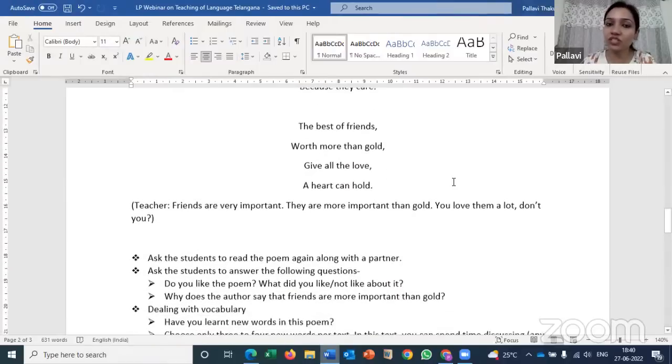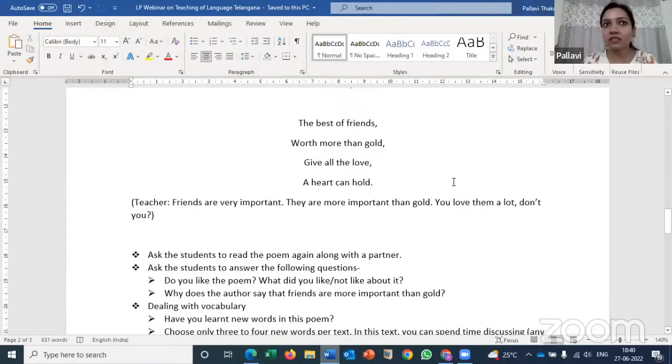And then once you finish, I suggest that you divide your class into pairs and ask them to read the poem again by themselves. So students sit in pairs and they're reading. In case one is struggling, the other one could help. At the same time, I do not suggest that you ask the students to read the whole text line by line. So one student reads the best of friends, the next student stands up and reads the next line,